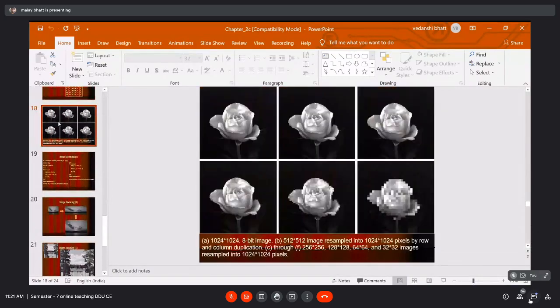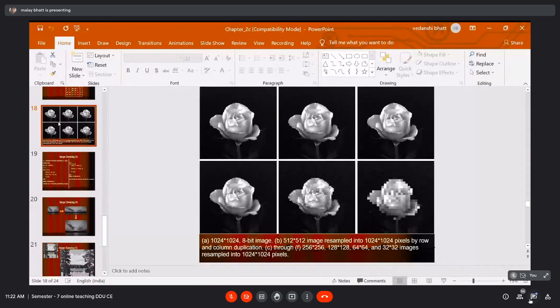So here is a very good example. Let us go through the bottom last image. This bottom last image, the second row last column, is originally 32x32, and it is converted to 1024x1024.